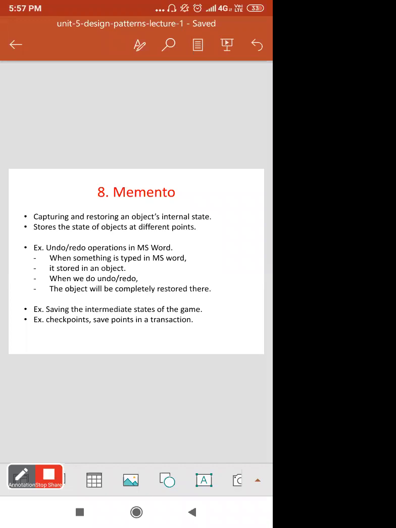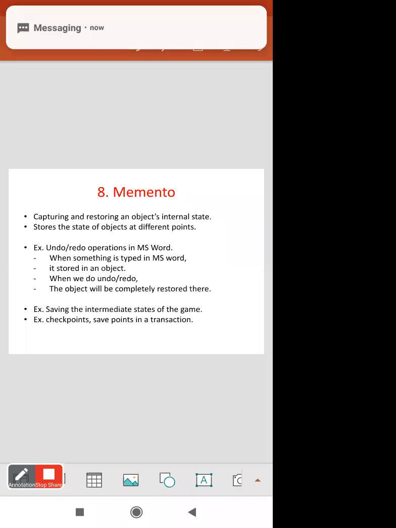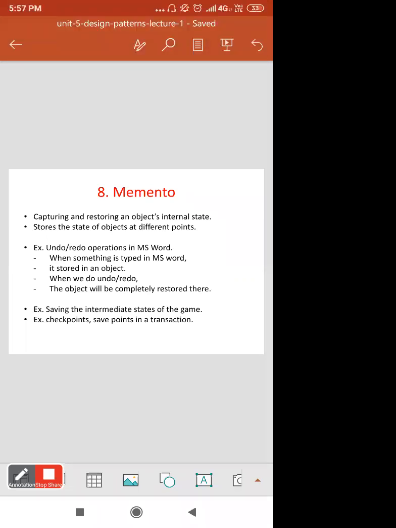When you do some modifications, it provides you the undo and redo buttons, through which you can go to particular states, while in between you save your matter. That is nothing but the example of memento. Undo redo operations in MS Word.